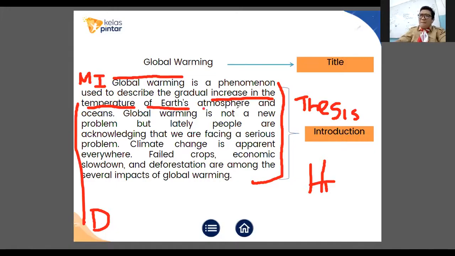Oh, ternyata global warming itu berbicara tentang peningkatan suhu, ya, di atmosfer bumi atau di lautan. Okay, and he or she is also stating that